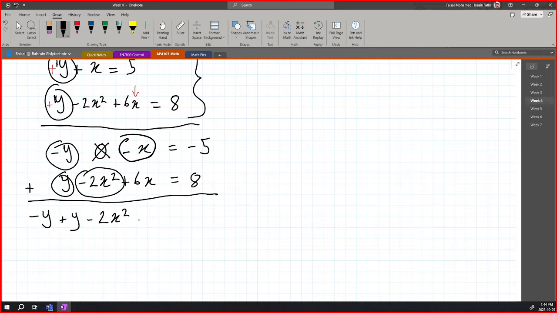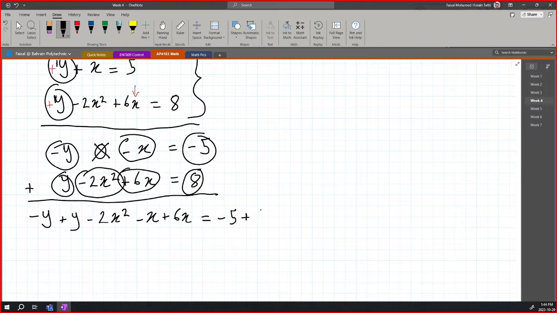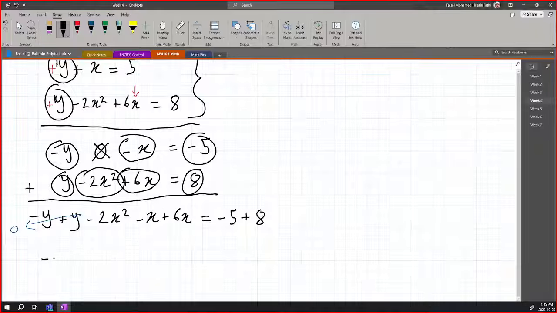Minus x, minus x, plus 6x equals... we go minus 5 plus 8. Okay, and now we can see the y's, sorry, in this case they will go to 0. Alright, we can solve the remaining equation, which is minus 2x squared